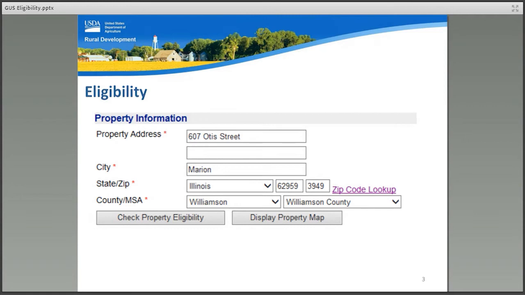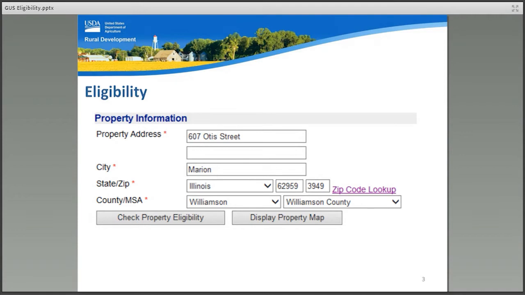If these data fields do not automatically populate, please make sure the proper selection for the county has been made. What if this is a pre-qualification and an exact address is not yet known? You can enter TBD or unknown as the property address, but you must continue to enter a valid city, state, zip, county, and MSA in order to obtain a preliminary underwriting recommendation.